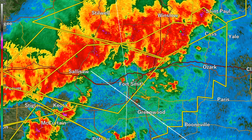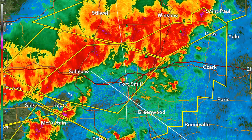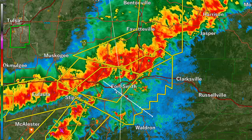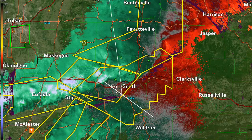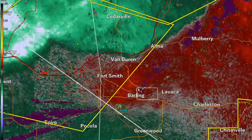But it's a very heavy rainmaker. And it looks like it's trying to get ahead of itself. It looks like it's producing a gust front. As you can see right in here, it looks like it's starting to produce a gust front right now. That's going to be a straight line wind potential, especially as this starts to move into the Fort Smith area